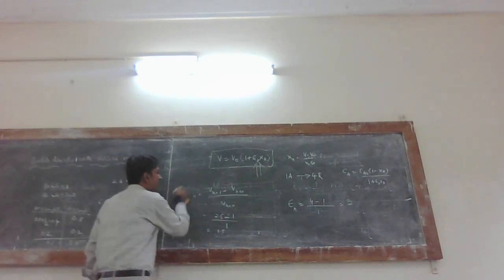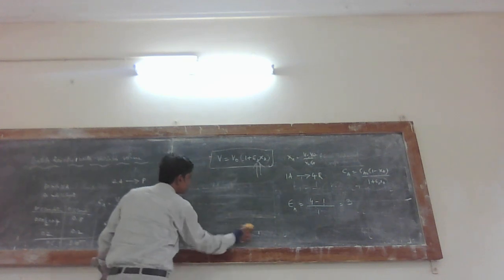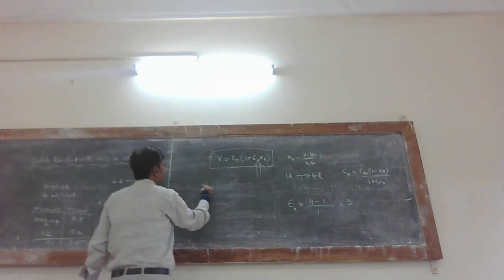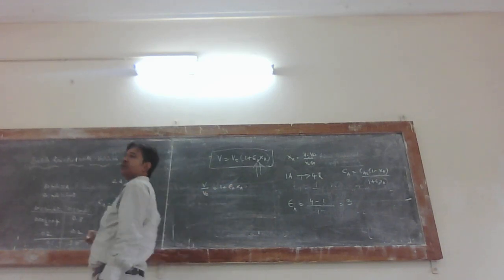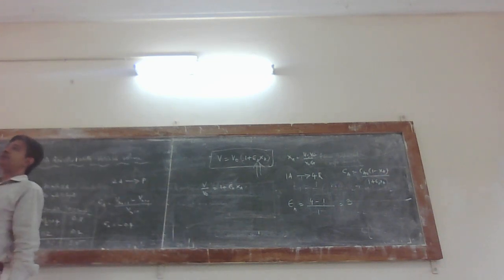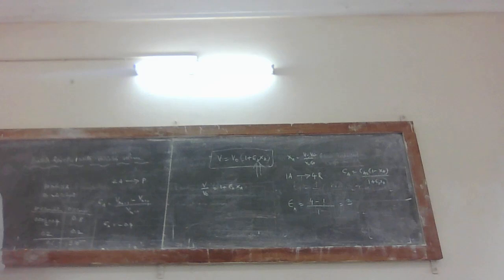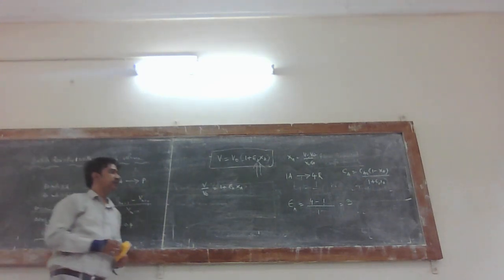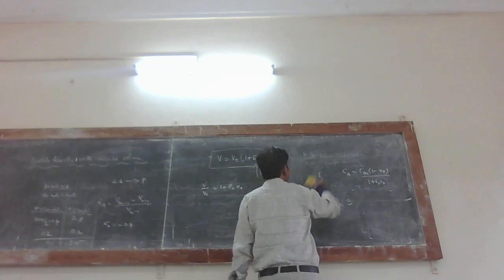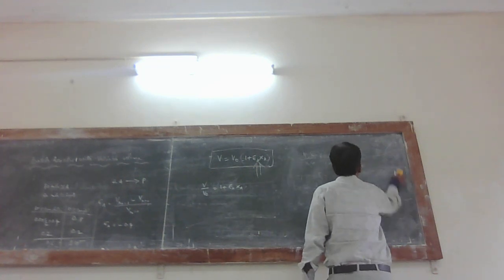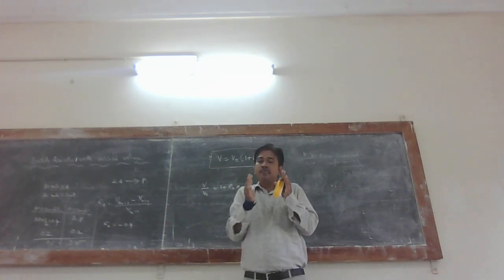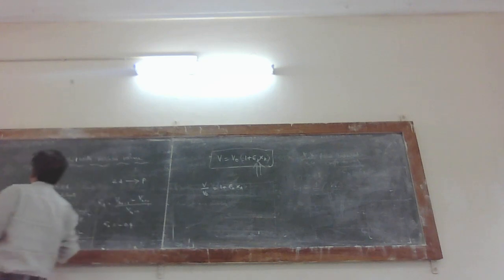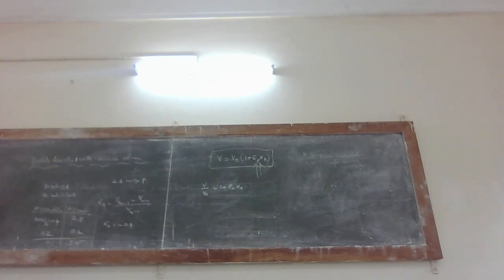Now you already know the expression. V is equal to V naught into 1 plus epsilon A xi. What he has told is the volume decreases by 20%. Let us think, I started with, let us say, V naught volume initially. Now my final volume will be